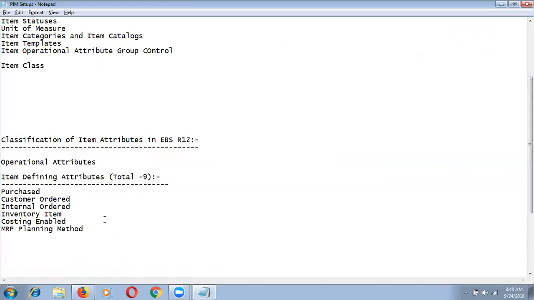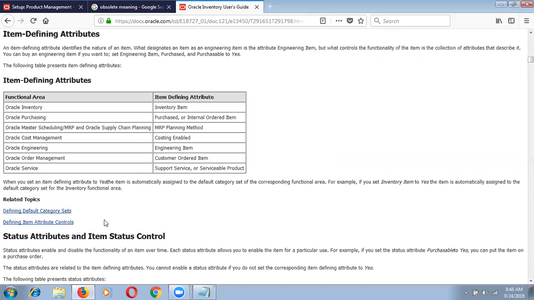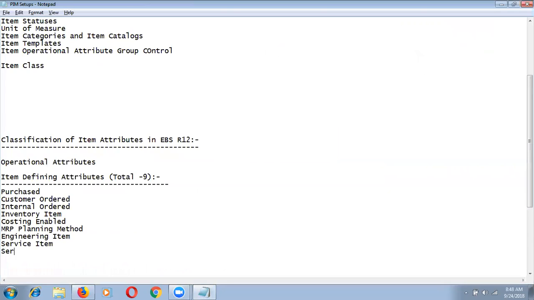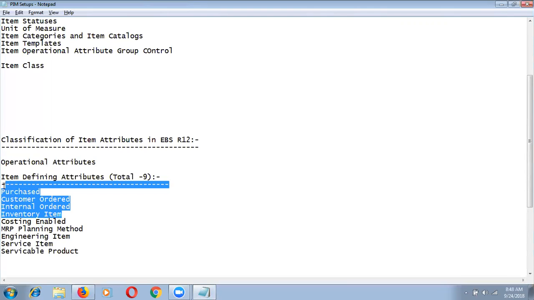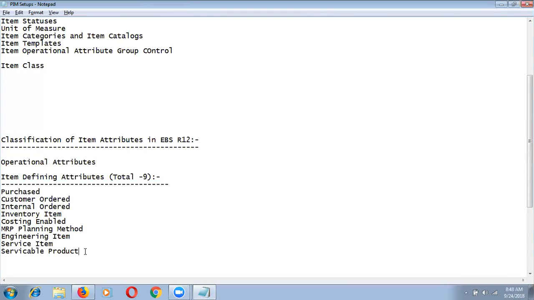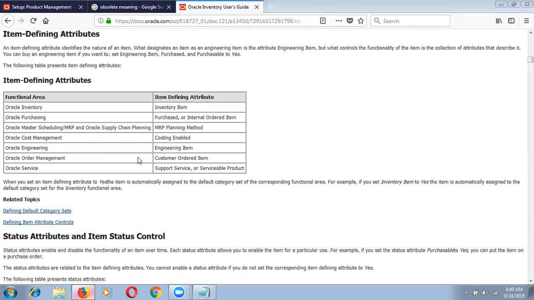Engineering item is one defining attribute, and service item is one as well as serviceable product. So what is the count? It is 9. These are the 9 item defining attributes we have in E-Business Suite,